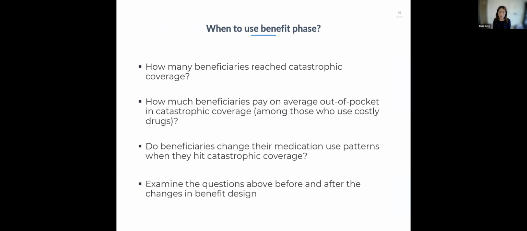Now, when do we want to use the benefit phase variable? Specifically, you may want to